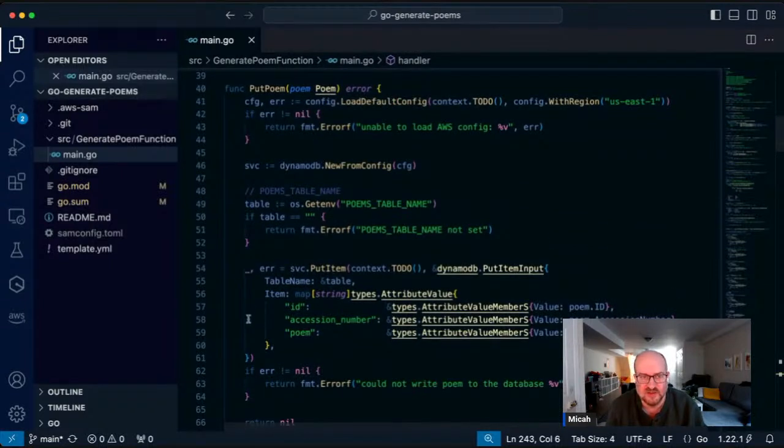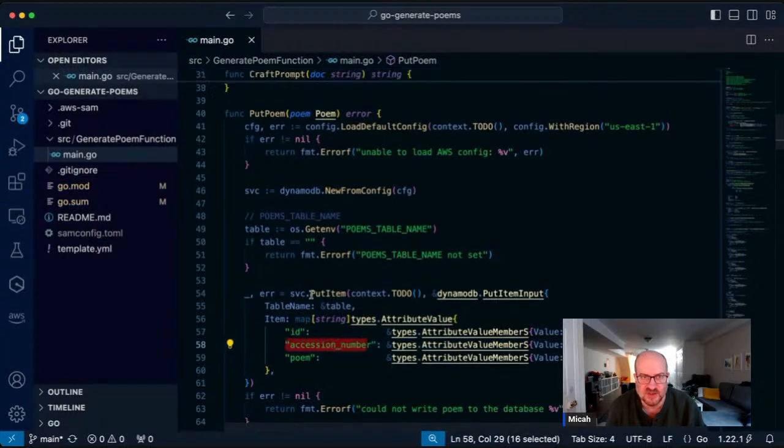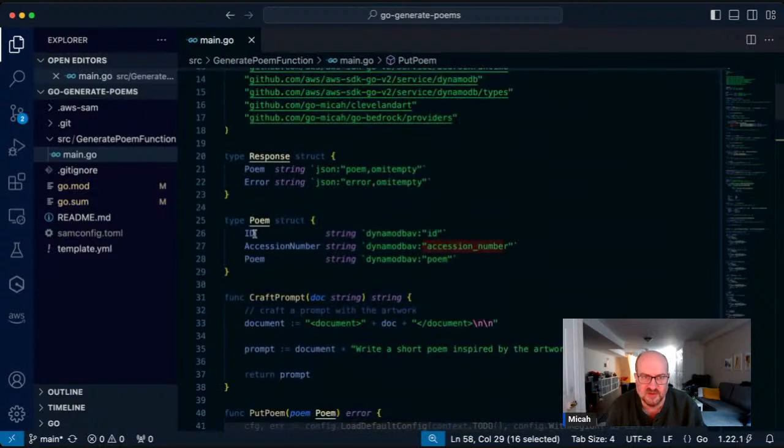So nothing really changes except I add this line here to put the poem's accession number in there. It just pulls in that attribute or that field from the struct and saves it as this attribute here called accession number. And so that means I also had to add accession number to the struct up here.